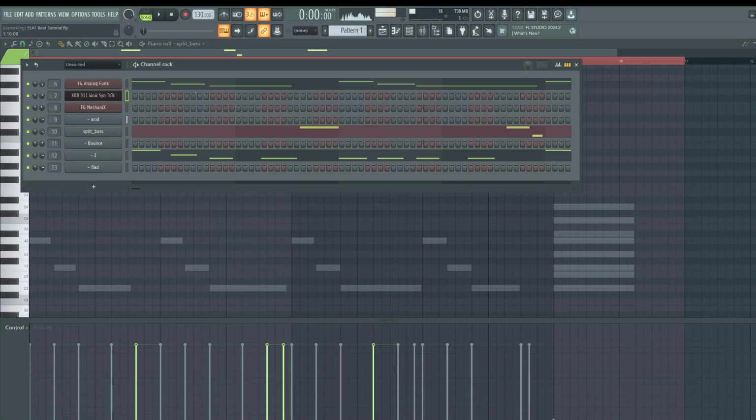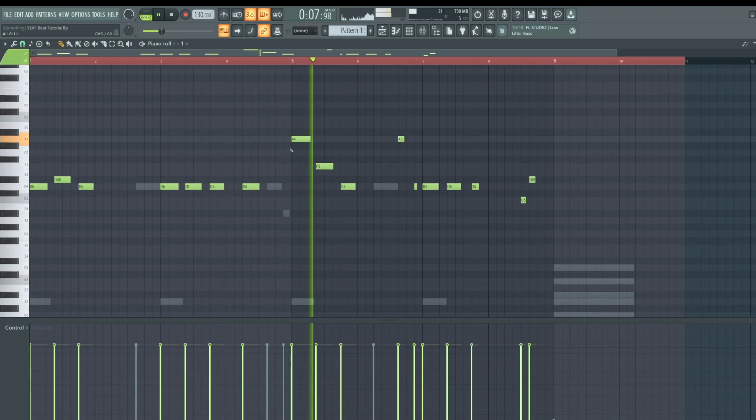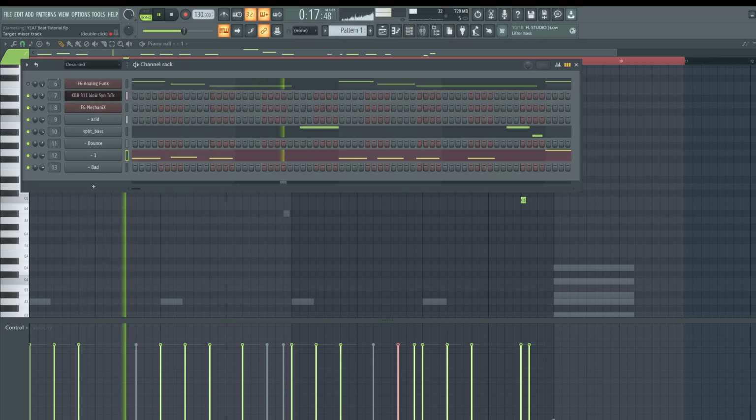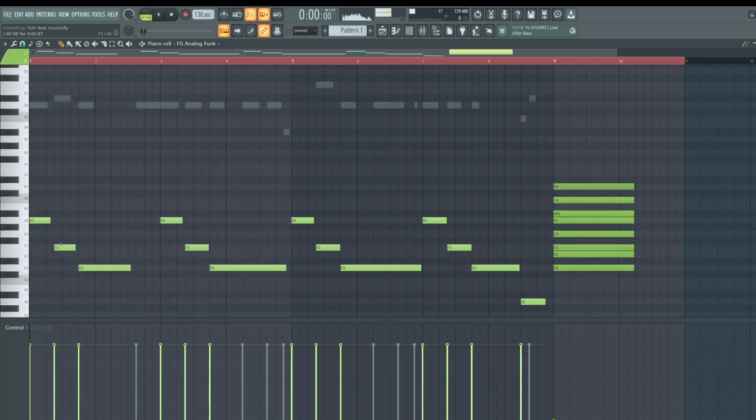Okay, so I might change up the bass. I'm just gonna kind of use my brain to tell me different things. I'm gonna turn off, I might not like the entire way through. Alright, let's do that bounce first, and now let's go back to the other bass. And let's use more half steps.